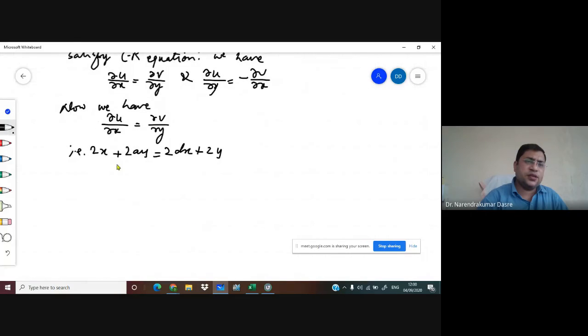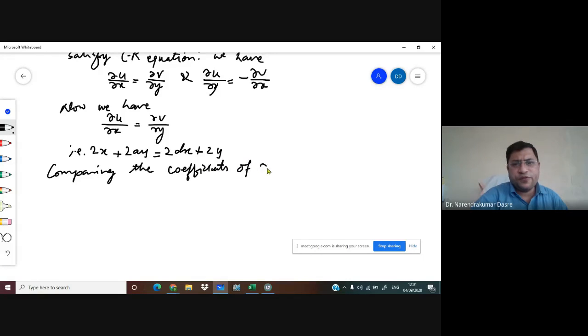So these are two polynomials that are equal. When two polynomials are equal, their corresponding coefficients are equal, so we can write, comparing the coefficients of x and y on both sides,